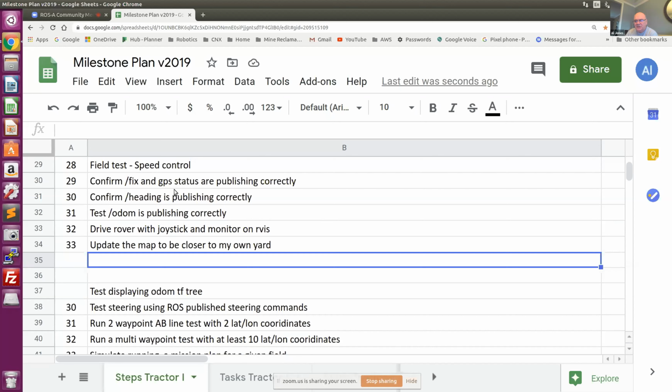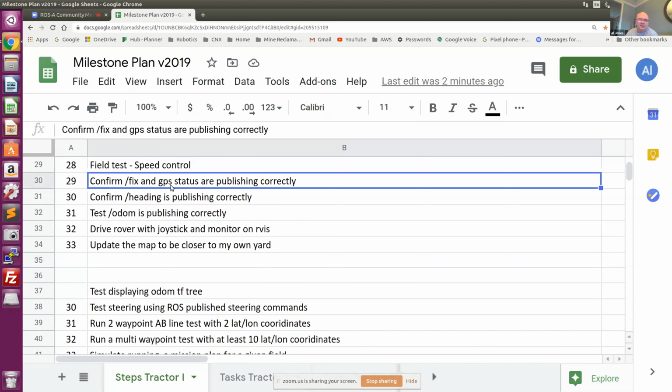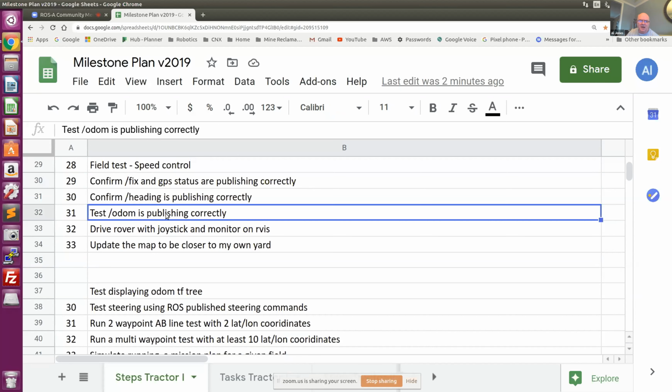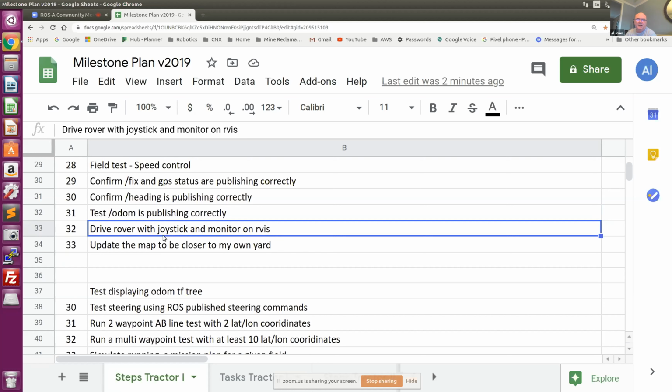Well, is my screen sharing by chance? Yes, it is. Yeah, so what I was saying is I was able to get a fix in GPS. I think some of my problems were that the GPS status was publishing incorrectly, and therefore once I got that fixed, I was able to get ODOM working, I think, correctly using the GPS_ODOM.py program. And so I was able to drive mine with the joystick and look at it on RViz,